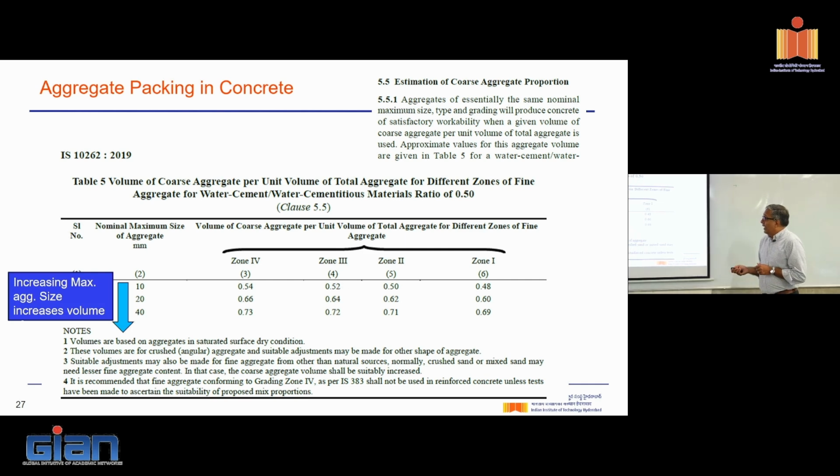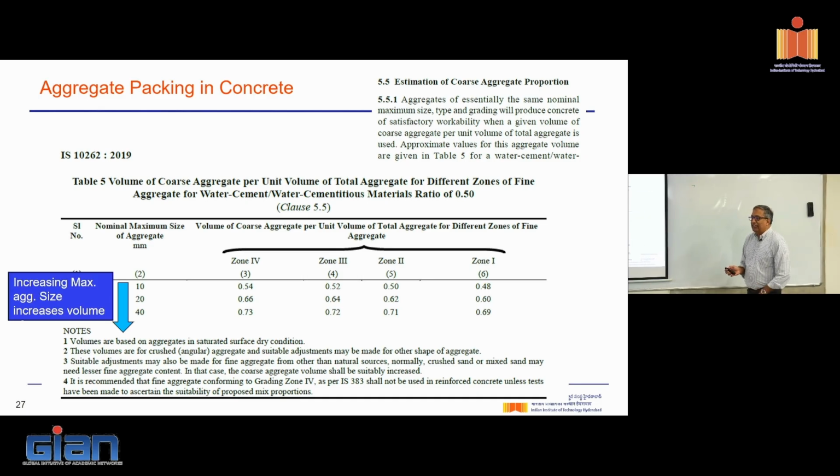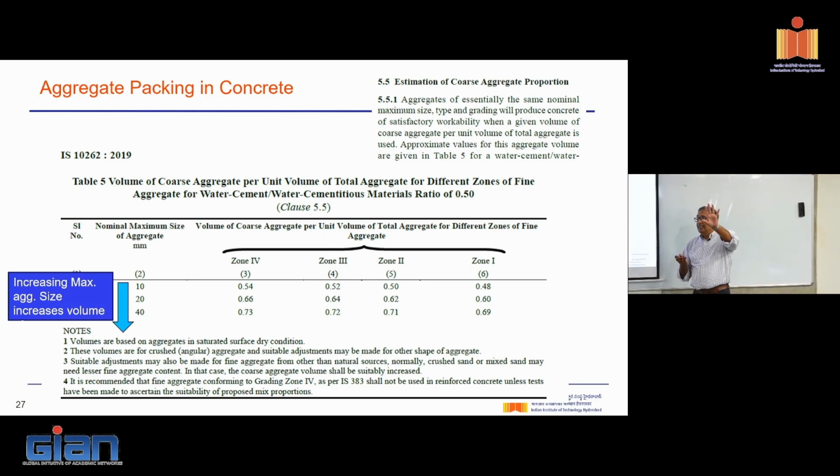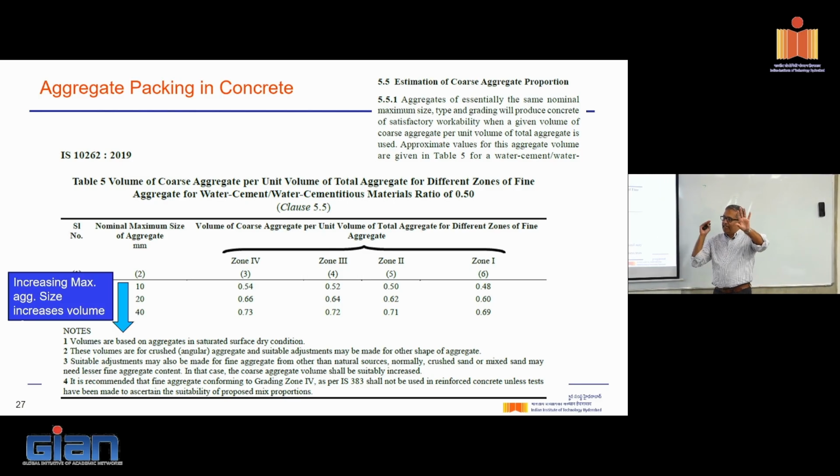Now, why is it given in a table form? Remember, the fine aggregate is not in my control. I get some size distribution. So what am I trying to do? I pack my coarse aggregate, then bring in the concept of hierarchical packing, pack the gaps between the coarse aggregate with the smaller sized fine aggregate, and I've come up with this table here.